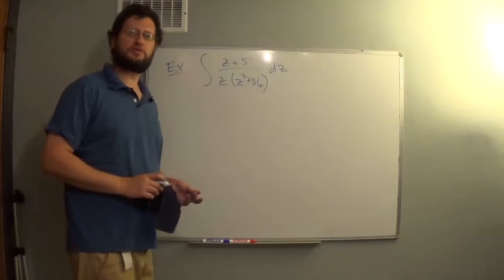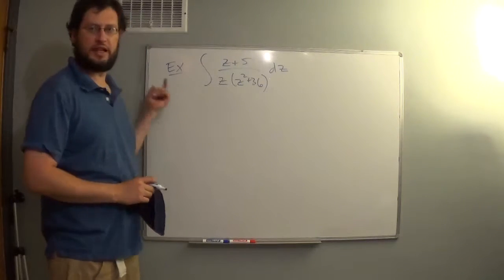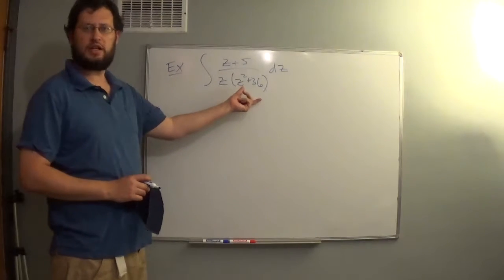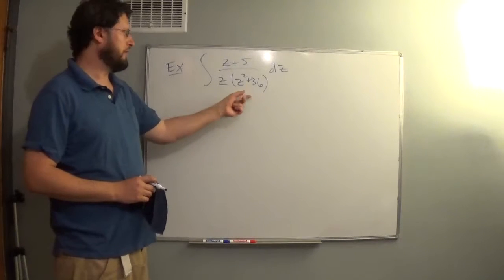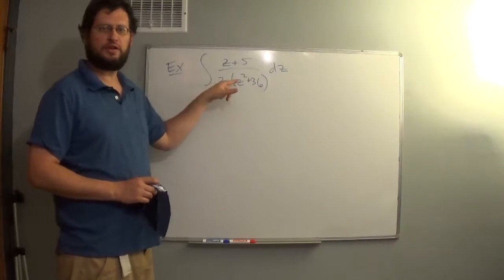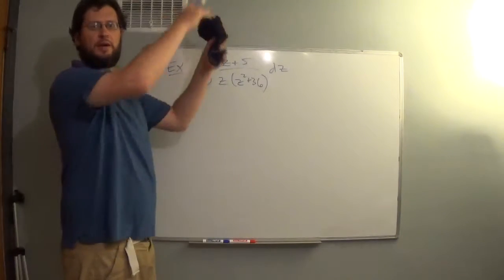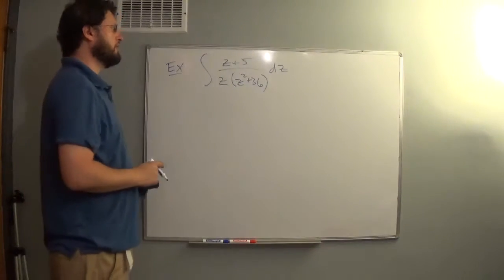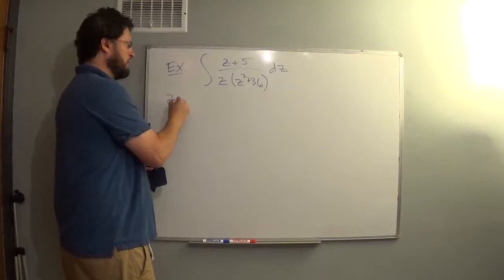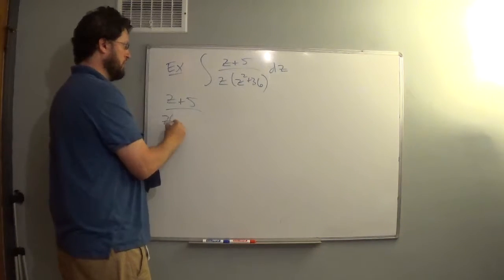And let's apply our partial fractions decomposition to find this antiderivative. Notice that the denominator is factored. We can't factor this any further since there are no zeros. It's a parabola that's shifted up. It doesn't go through the x-axis. So there are no zeros, so we can go directly to